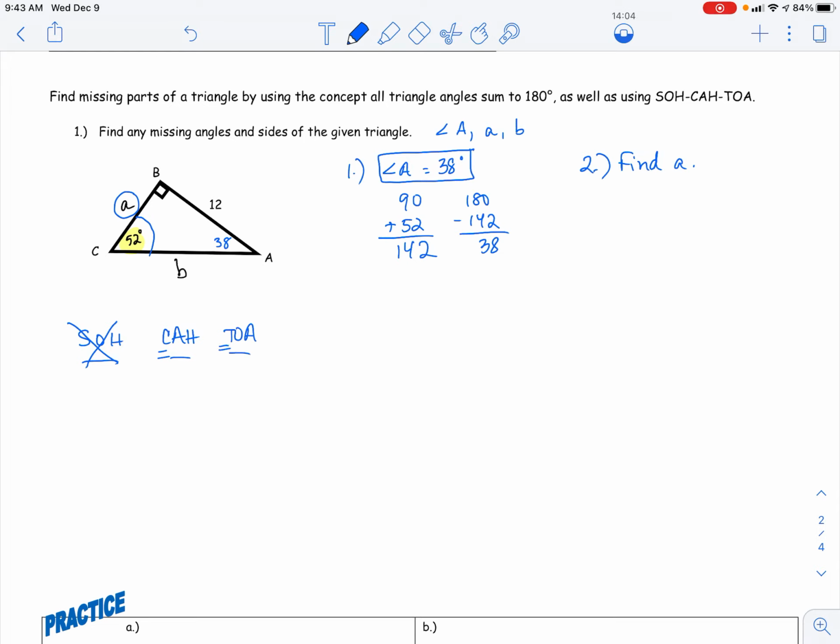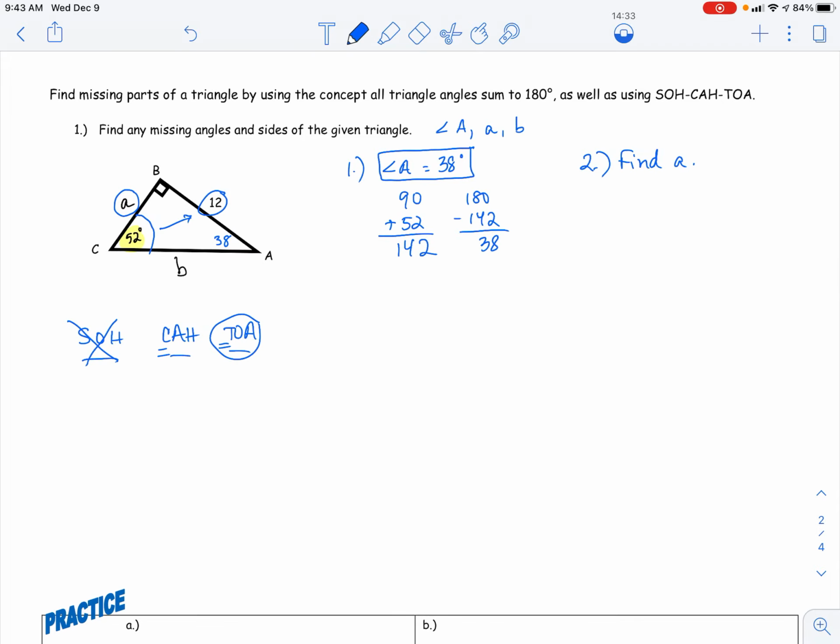So let's see, what are we going to use? Well, I don't want to use this B because I don't need two variables. I want to pick a side that already has a measurement on it. Well, this one does, 12. So we'll use adjacent and the hypotenuse, or excuse me, adjacent and opposite. This is the opposite side from the angle. So we need to find the trig ratio that has adjacent and opposite in it. Adjacent and opposite looks like it is tangent. So for A, we're going to use tan